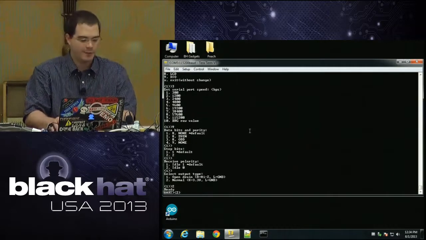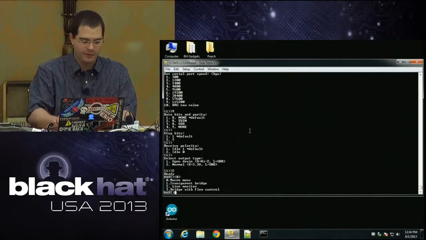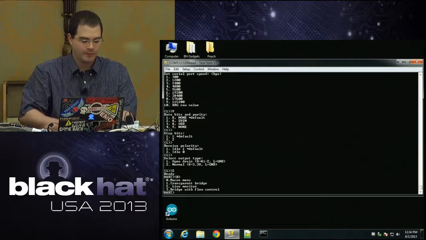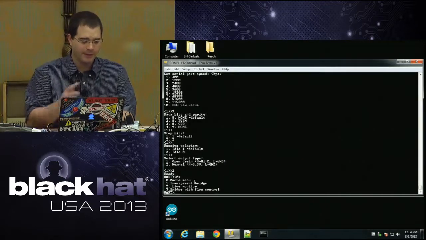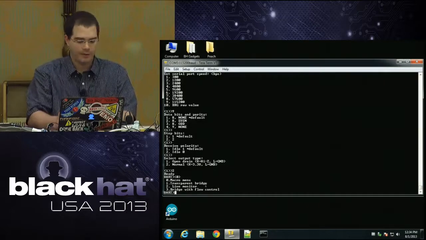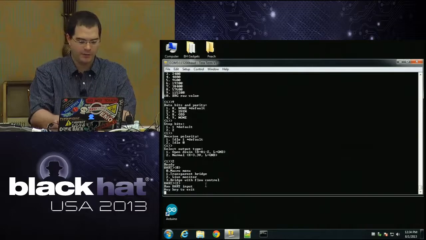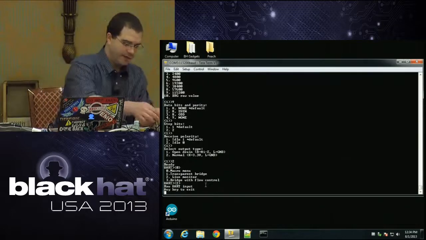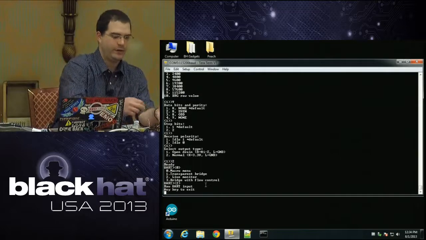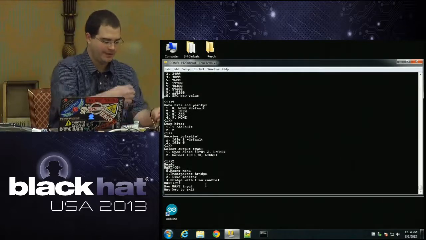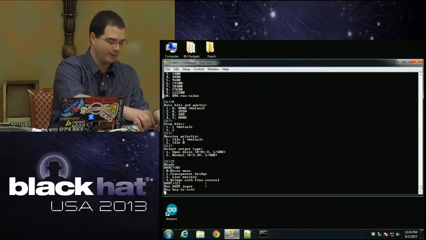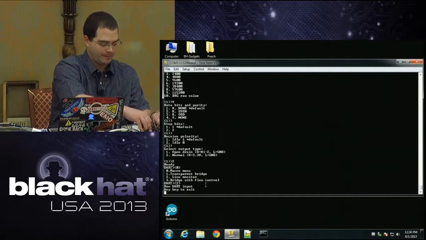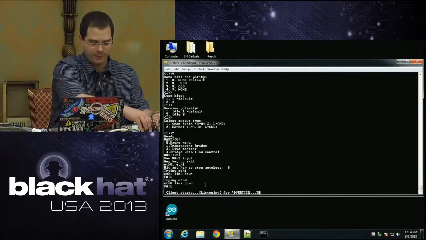So Bus Pirate gives me an opportunity to sniff. It has macros. So if I do a list of macros, I can do a transparent bridge between the Bus Pirate and the device. I can do a live monitor, which I'm going to use now, and a bridge with flow control. It's more technical. I'm going to leave it out now. So I'm going to start with sniffing. And I take the wire from the RX line on the Bus Pirate and to find the TX line on the device. So the device is now powered off. I'm going to power it on and poke at each pin. So pin number 1, nothing. Pin number 2, no. Oh, we got something on pin number 2.